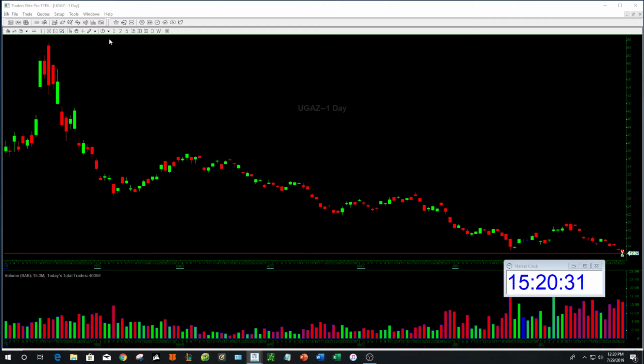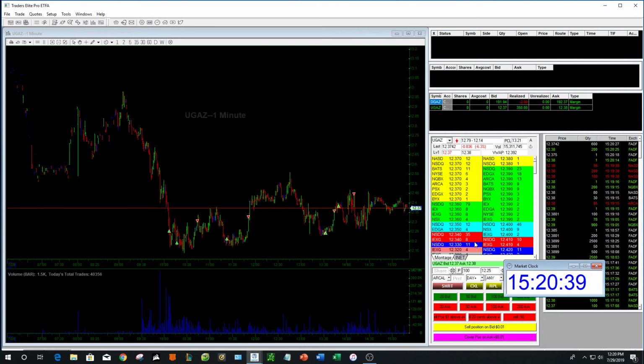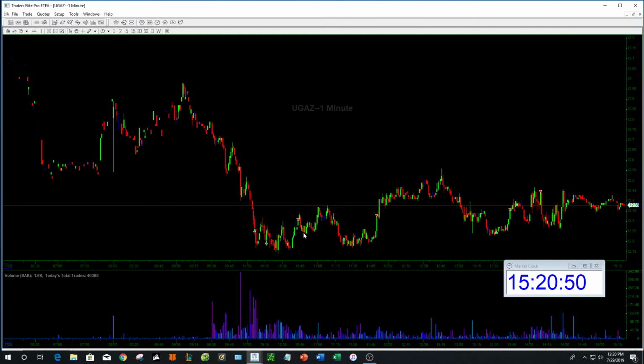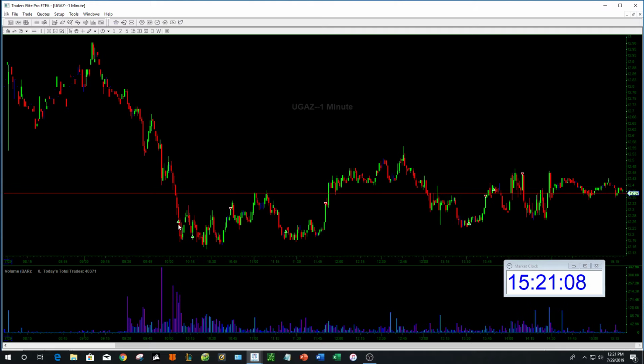So let's go back into the 1 minute chart here. I realized on the day $350 on UGAS. Took a starter position here, after there were 1, 2, 3, 4, 5, 6 red candles in a row. Then it found the bottom here, pushed up, made an ABCD move here. I added, and it was a little choppy and still holding around this area, $12.20, and it pushed up. So I sold for a profit of $100,